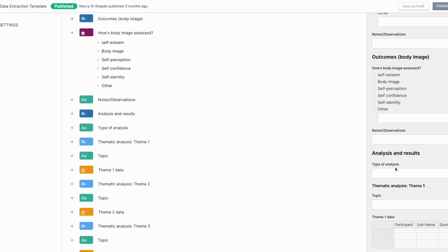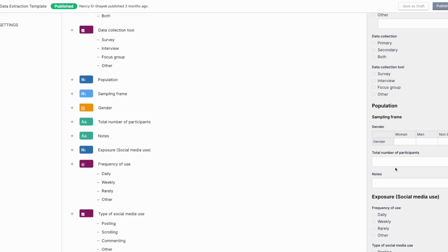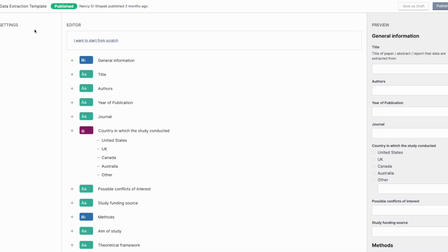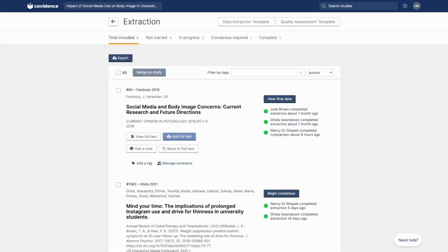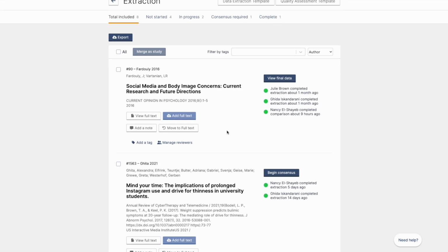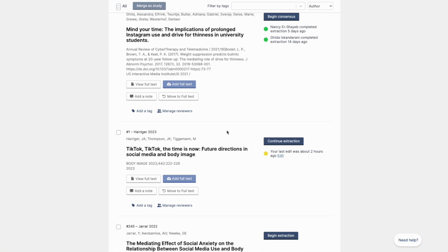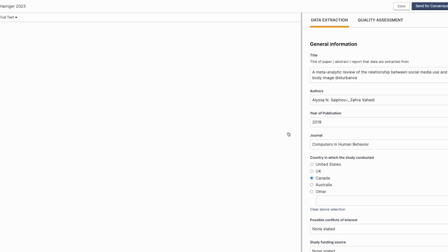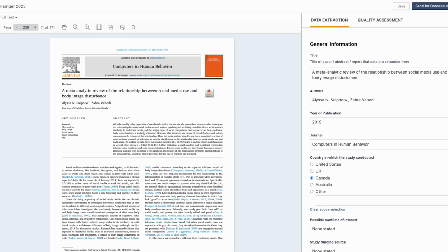So that is what's happening if we look over in the preview section for that template. I won't make any changes to that, but I'll go back and show you what it looks like in action when that template drives the form in the extraction itself. So we're going to take a look at this study here, number 1. I've already begun extraction on this, so if I click continue, what we have now is a view of the paper itself,